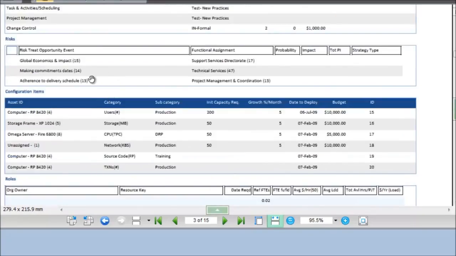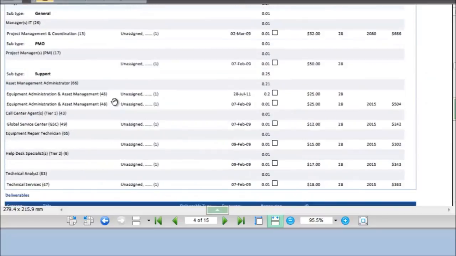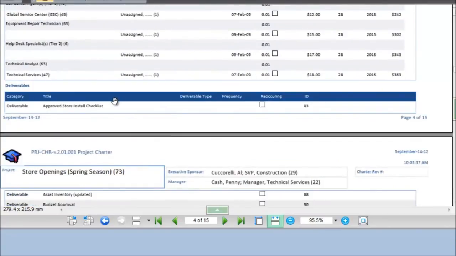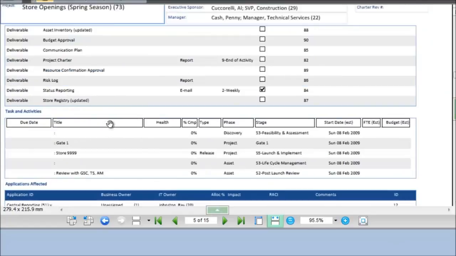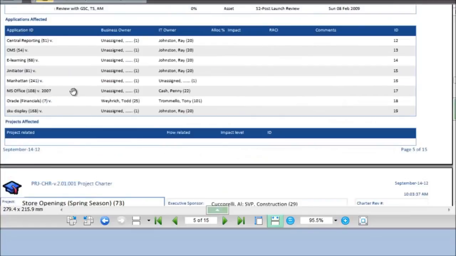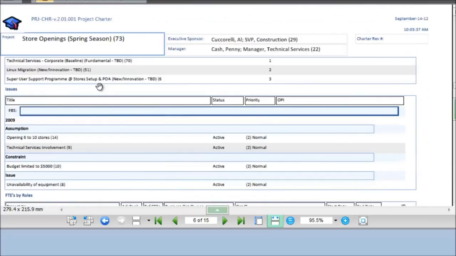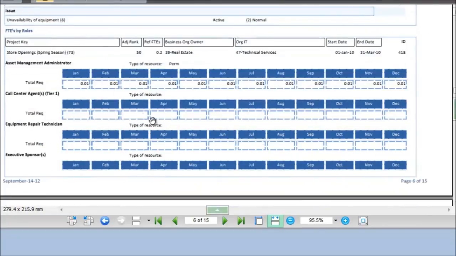Some of the risks that are associated, configuration items that are impacted in terms of this particular store openings charter, roles that we have identified of people participating, that would be project roles, etc. On that side of it, deliverables that are expected, some tasks and activities, the gates, the applications that are affected by it, some of the issues, the FTE allocations over the time frames,